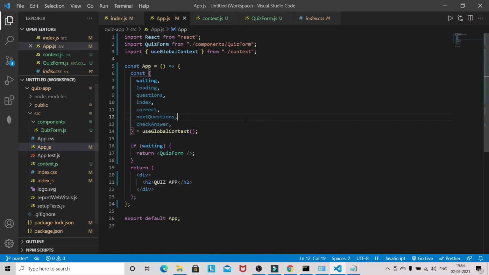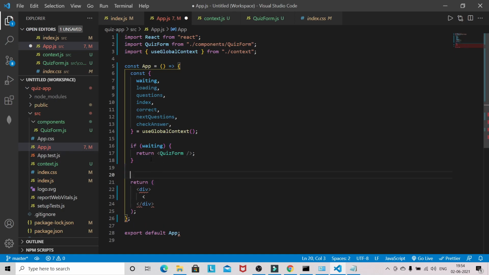So let's work on this app component. Okay, so in app we will have to remove all these things. Okay, and first come here, const questions index.